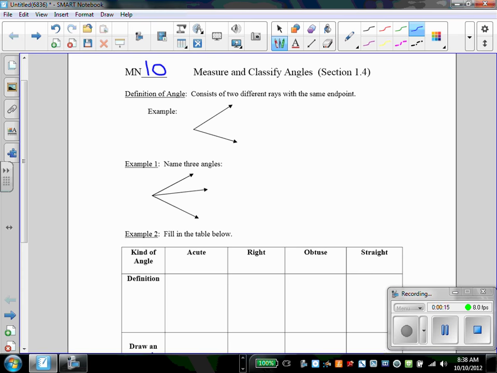Let's start this section by defining what an angle is. An angle consists of two different rays with the same endpoint. This diagram in the example I'm going to label as A. It's right here, which we call the vertex. This is going to be B. This point on the ray over here is C. So you see that we have two rays starting at the vertex endpoint, the same endpoint B, and going through A and then going through C. These we call sides